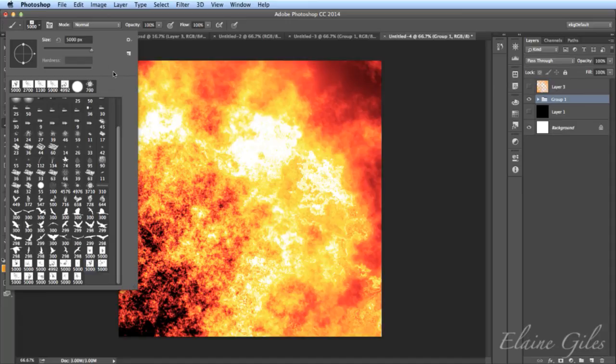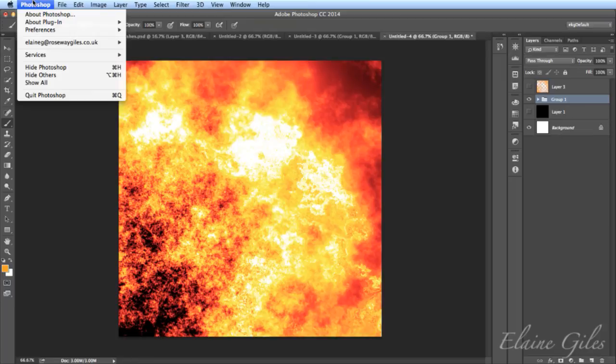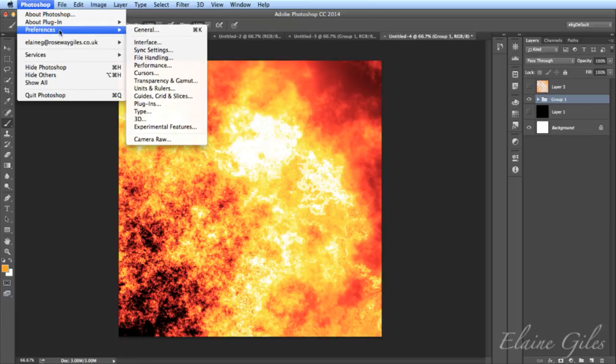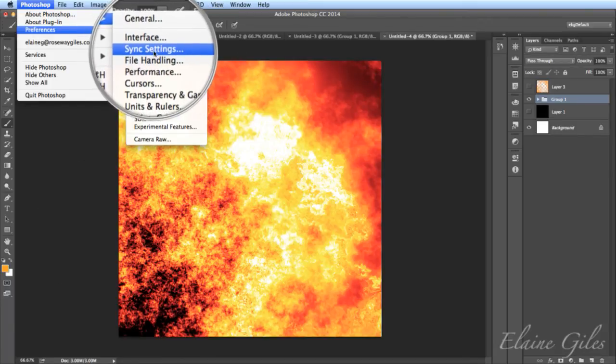But that's what the Creative Cloud is all about. Wouldn't it be fantastic if all my brushes, but not limited to my brushes, what about my gradient presets as well? And my workspaces? Wouldn't it be fantastic if they were all synchronized across all my machines? You know what's coming next. There's a way to do it. If you go up to Photoshop and you go down to Preferences, and this is in a different place on Windows, you'll need to go to the Edit menu and right down to the bottom in Windows. But in here, there is now a dedicated set of settings for syncing things.